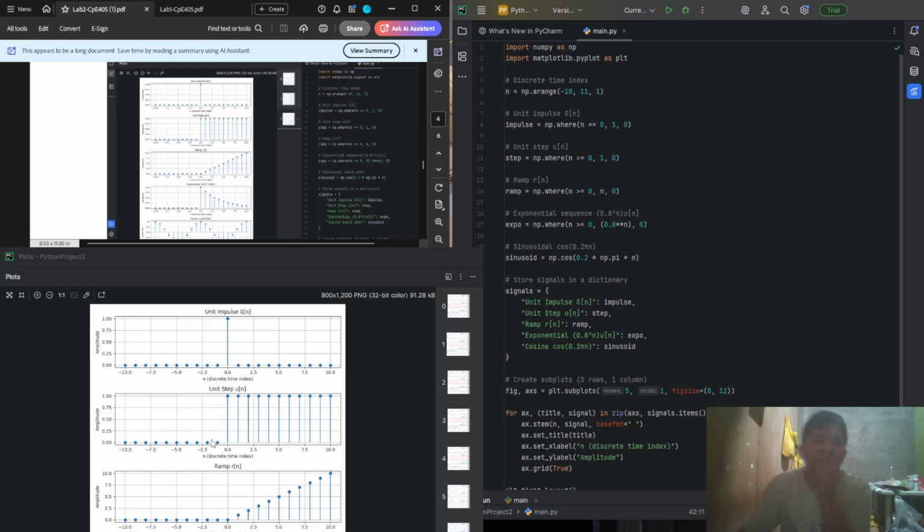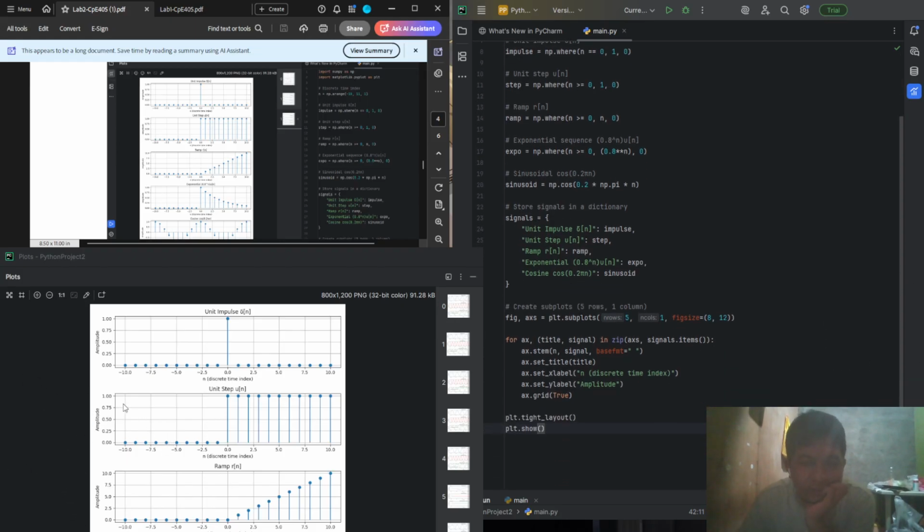In the ramp function, the amplitude is increasing by 1. In the exponential, we start at 0 with amplitude 1, and as the index progresses, it decreases exponentially, not to 0, but it converges to 0.